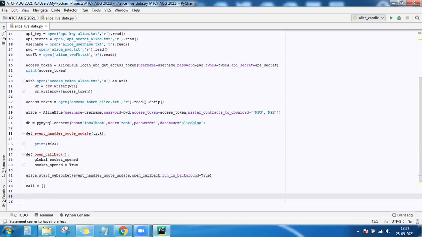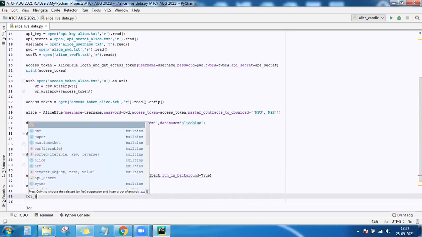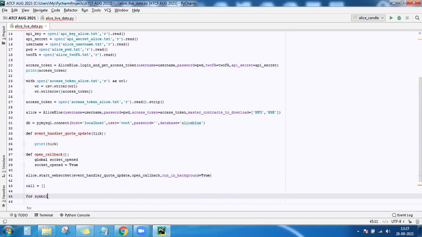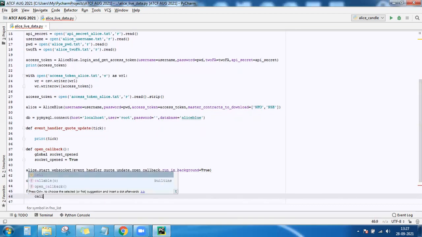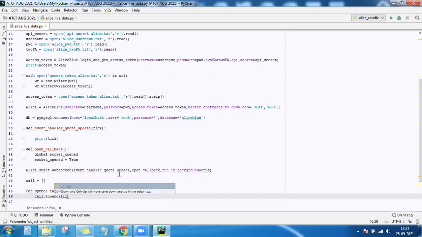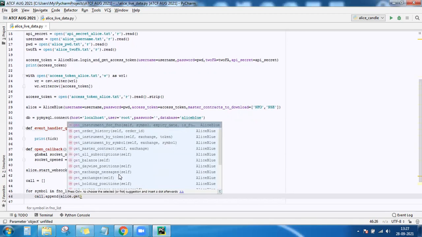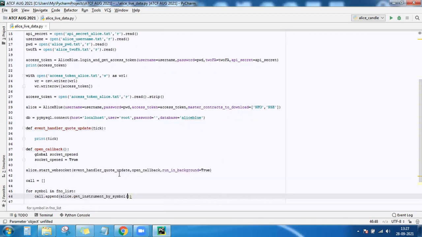So in order to do that, first let us create some empty list. And for each symbol in the FNO list, call.append means I'm appending the new item. And how to get that instrument object, how if I have the stock name, how to convert it into instrument object? You can do allies dot get instrument by symbol.